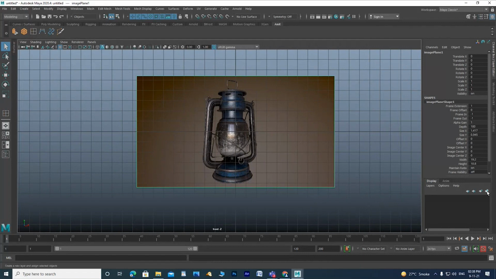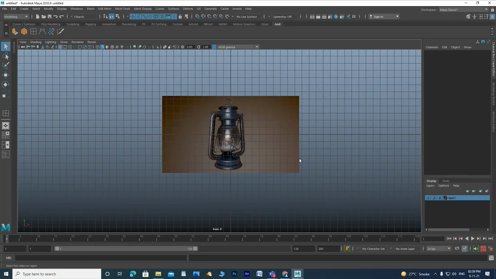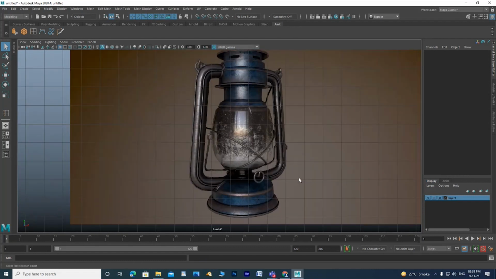Lock this inside a layer, so you are no longer able to select it accidentally.